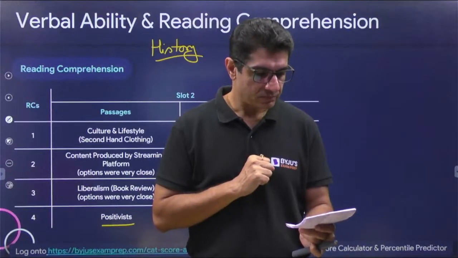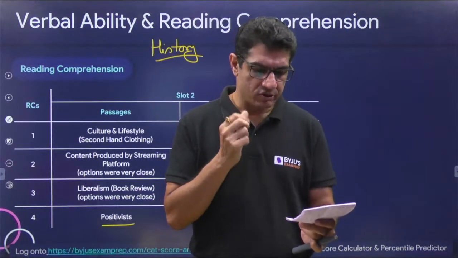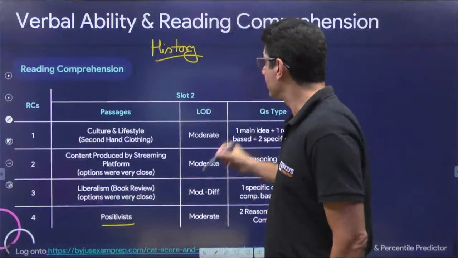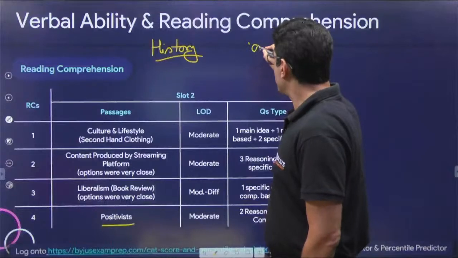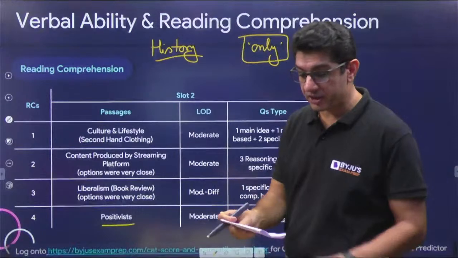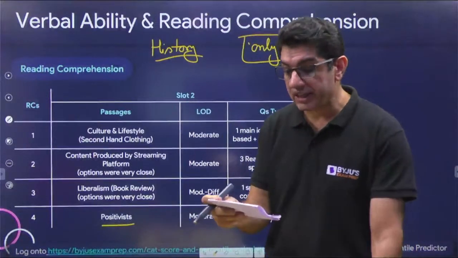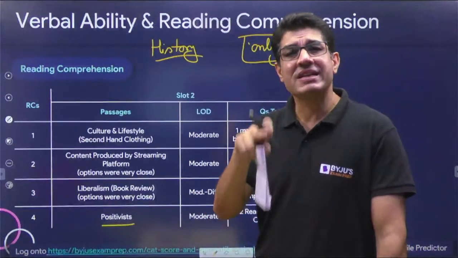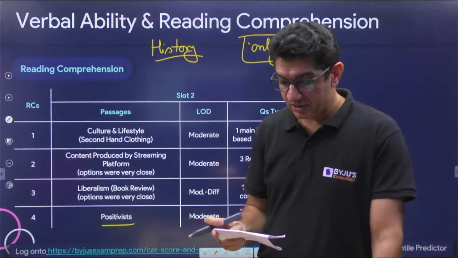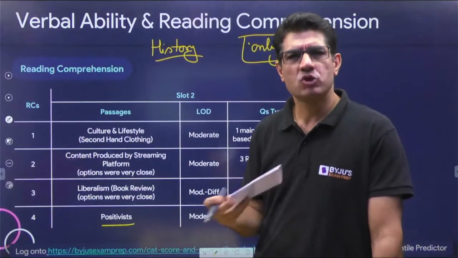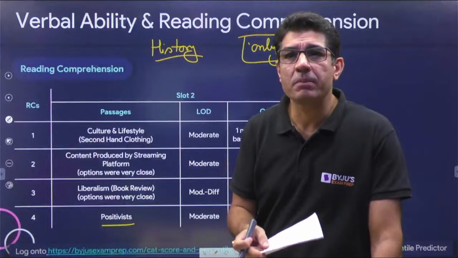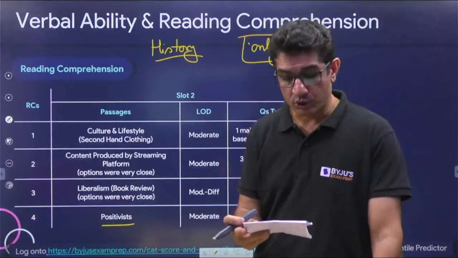So it's a specific detailed question that could have been tricky, but then what the examiner did was, in one of the answer choices, he used the word only. This was something that was not supported by the passage. Only the positivist method can lead to something, something. And because it was not presented through that process of elimination, it became easier for us to go ahead and pick up that particular answer choice.